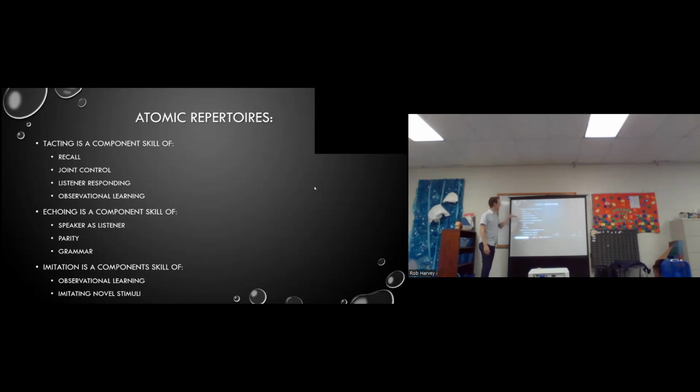In order to have good listener responding, to be an observational learner, to learn from your environment, you need to have fluent tacts. This is why we say they've got to be good imitators, good echoers. And you're like, oh yeah, I taught them they can do 5 of those. No, they need to be able to echo and imitate everything, anything. Then they're going to start getting observational learning, which is one of our most valuable things, and that's how you learned. You weren't taught social skills. You weren't. Maybe some of you were. Maybe some of us should have been taught more, but that's beside the point.